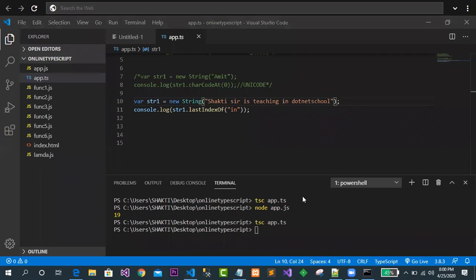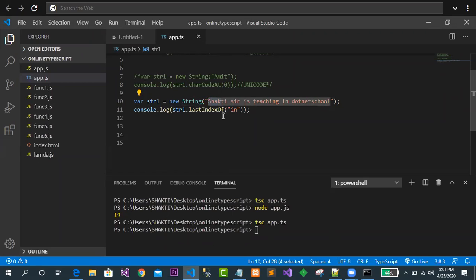Swamprabha, again you are telling 20. How it is 20, Swamprabha? So let me just unmute Swamprabha. Okay, tell me now why it is 20, Swamprabha? Sir, I'm confused. I think 24 is the correct answer because the last occurrence is 23, not 24. Just see. 0, 1, 2, 3.